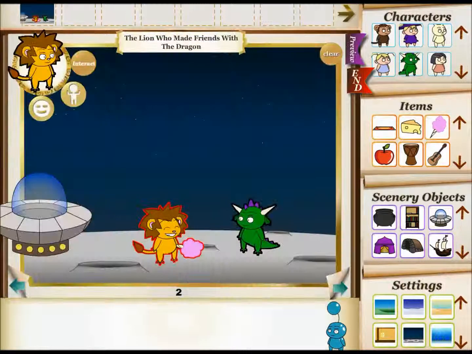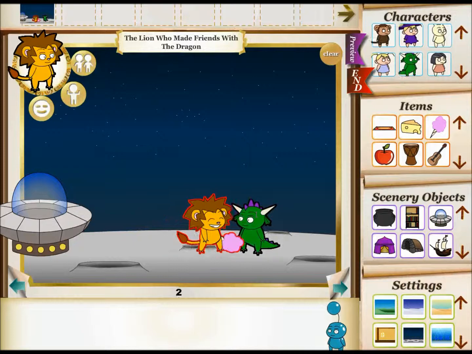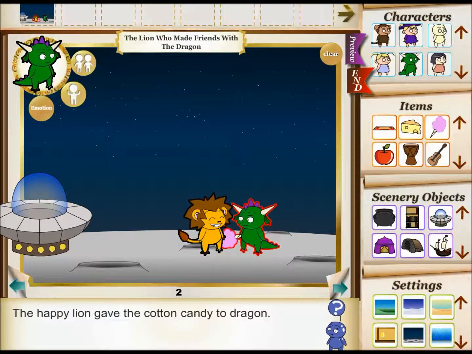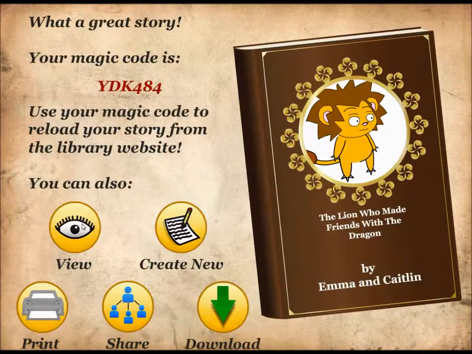When students do this, My Storymaker generates sentences for the students at the bottom of the page. Students can keep these or change them to fit the storyline they made up. Once they've finished their story, students click End and My Storymaker publishes their book, which they can view, print, share, or even download. Students are also given a magic code that they can use to load their story at a later date to